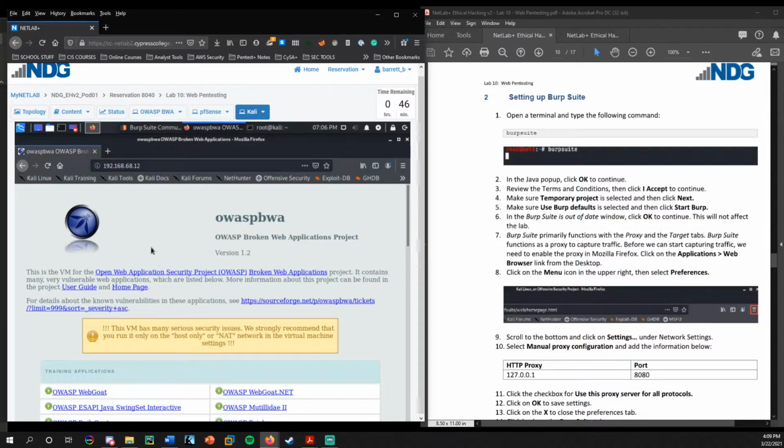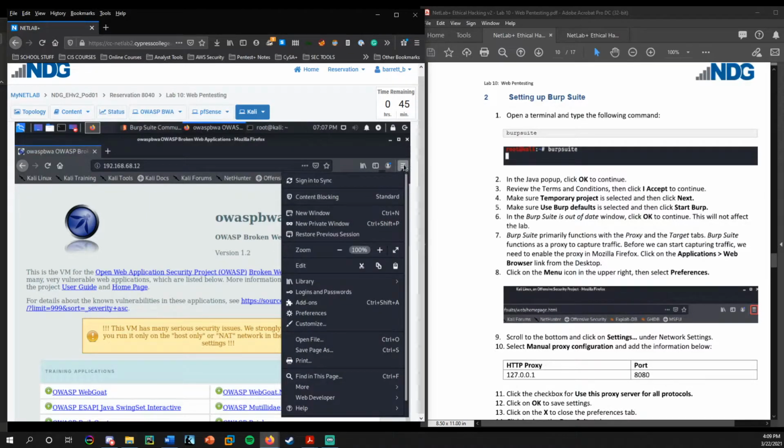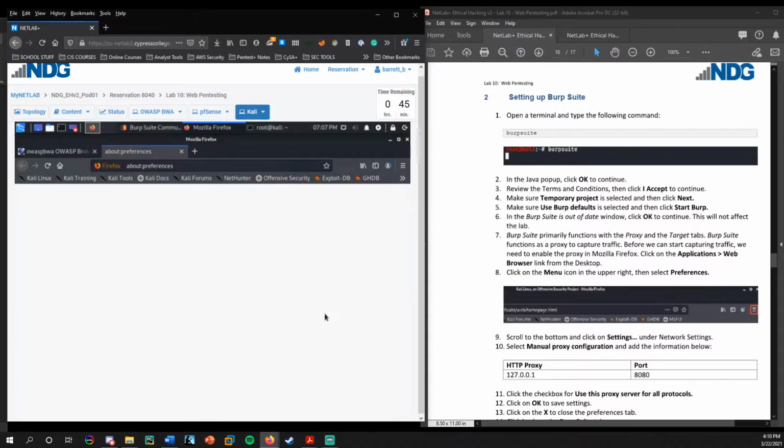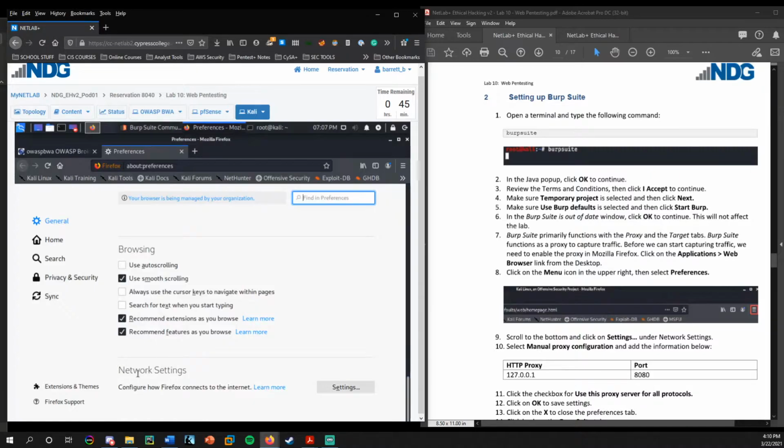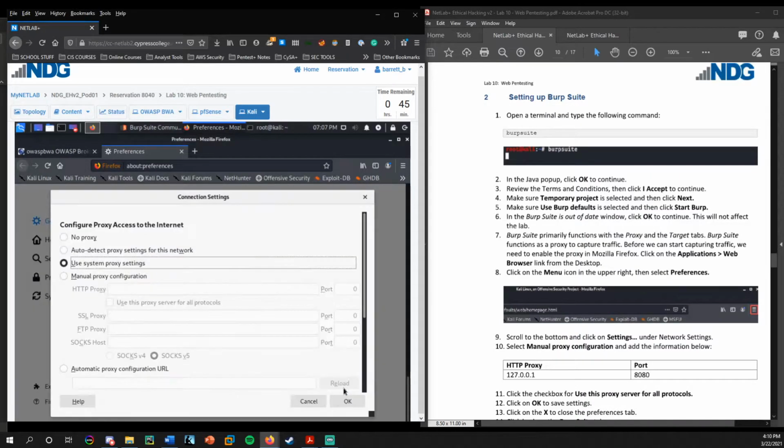So within Firefox, and remember this is the Firefox that you have open in the lab, not your own personal one. Although the setup would be the same if you chose to use Burp Suite at home. So in Firefox, you will choose open menu in the top right corner, those three dashes, and you will want to come to preferences. And if you scroll all the way to the very bottom, we see network settings, and we'll choose settings, and we'll select manual proxy configuration. And we're going to add